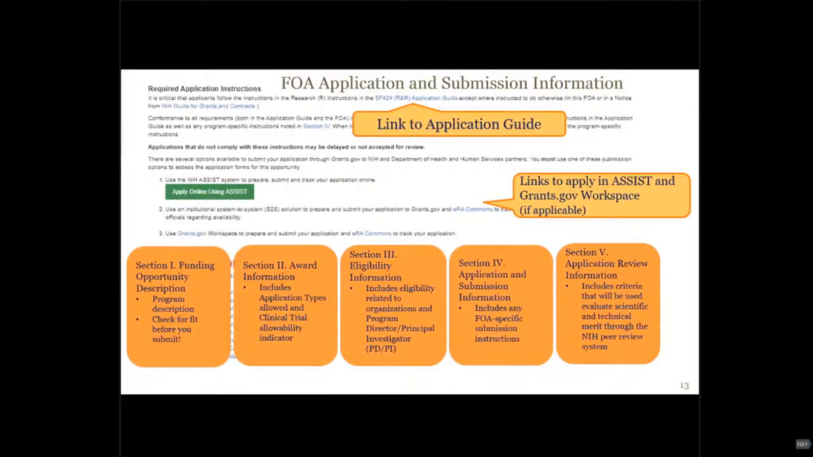Section 2 includes the award information. This includes the application types that are allowed, new, revision, and so on, as well as the clinical trial allowability indicator. Section 3, or the eligibility information, includes eligibility information related to organizations and the PDPI. So you'll want to make sure that your applicant organization is actually an eligible one for